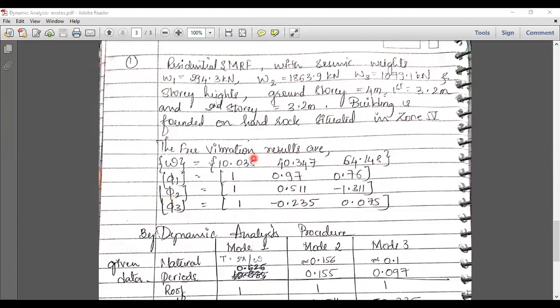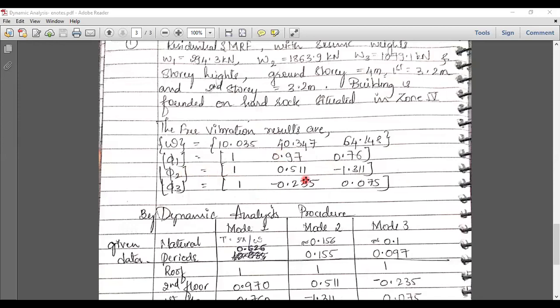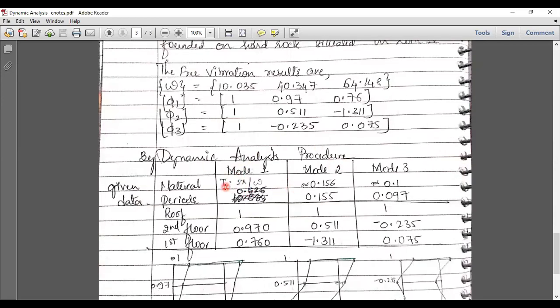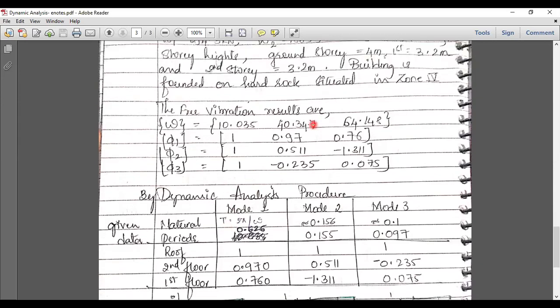Here, omega, they give us the frequencies in radians per second. I've missed writing that over here. This is in radians per second, but I need it in seconds, so I have to convert this. And there are mode shapes. I come across the terminology mode shape usually, where a mode shape is nothing but how the building would deform in an elastic way.